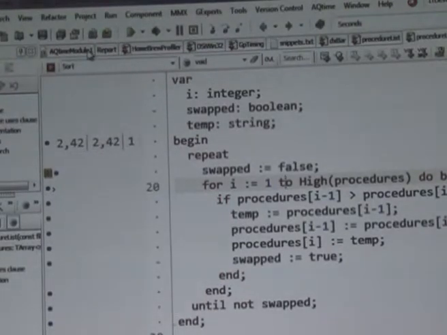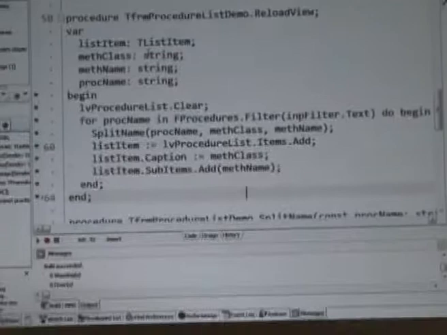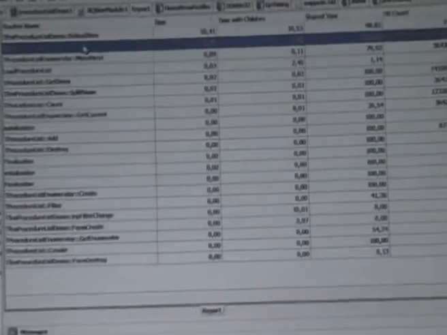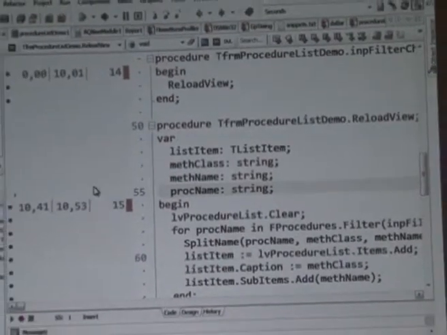So if I go to my main, we saw before that, okay, I have to do it this way. A reload view was also one of those. This one,